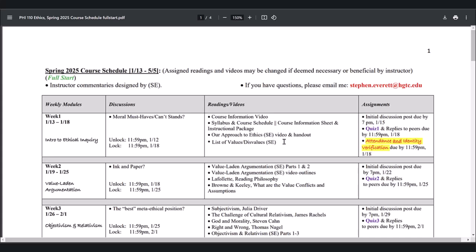but the school has had to clean out the servers that store videos for all the classes. So this isn't just happening in this class, but in many of your other classes. Teachers that had videos stored in the school server are having to re-upload those videos every single week following this clean out of the server. And so if you click on a video link for lecture stuff and it comes up with a 404 error or something, let me know,